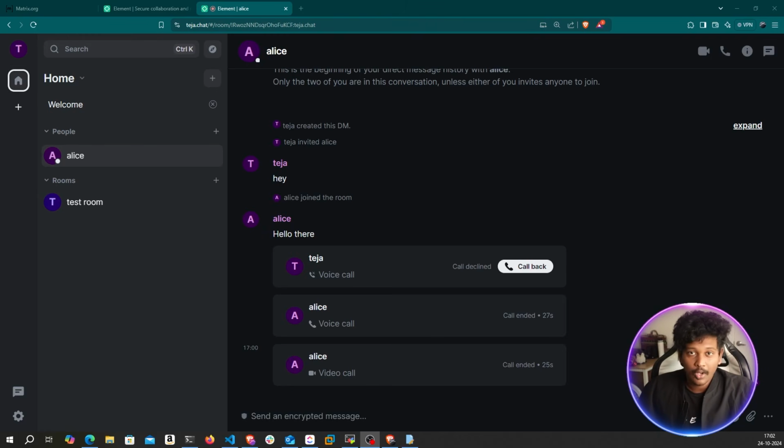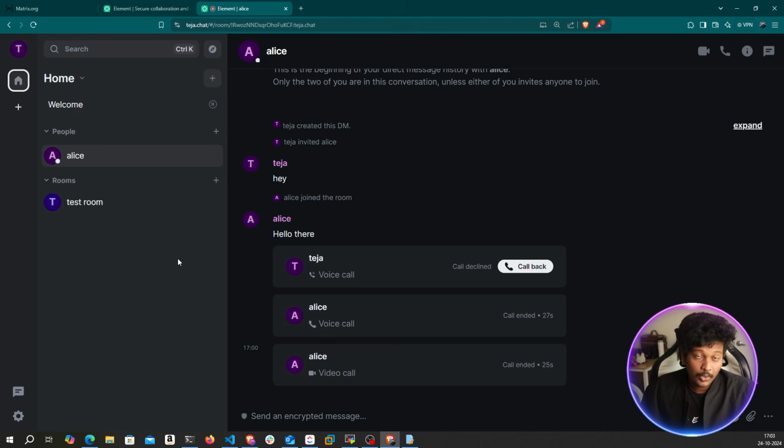Now let's explore how you can do administrative actions in your home server. For example, if you don't want random users to create new accounts on your private chat application, you can disable registration and you can create users manually using an admin interface. Just like that, you can do a lot of other administrative actions like create new rooms, manage users, etc. Basically, it's your home server. You are the admin. So you should have some administrative privileges to manage your server, your users, rooms,